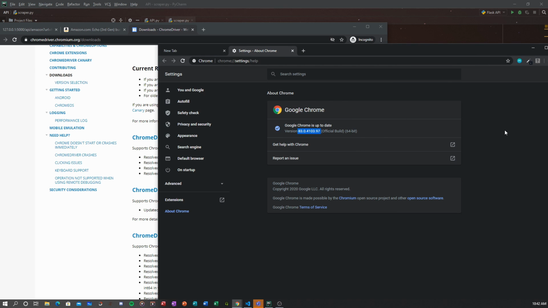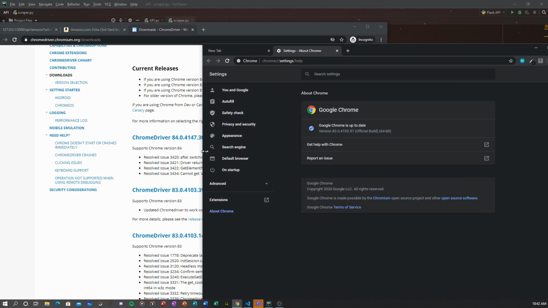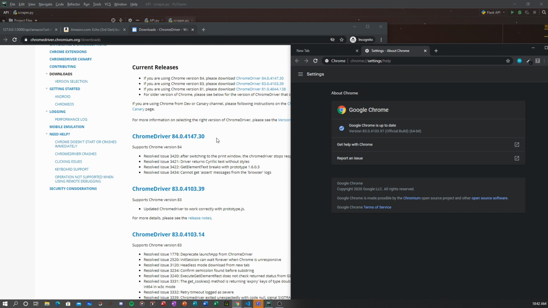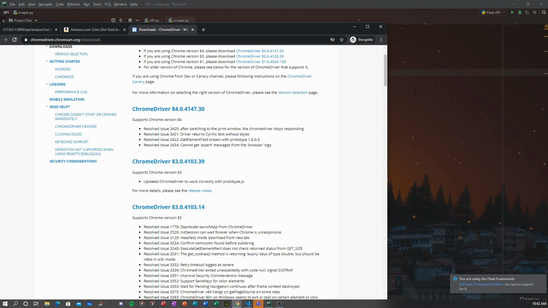My version is 83.0.4103.97, so I'm going to get the latest one, which is on version 83. As you can see, this version is the latest for version 83, because after this comes 84, which I believe is the beta or the canary version, I'm not sure.